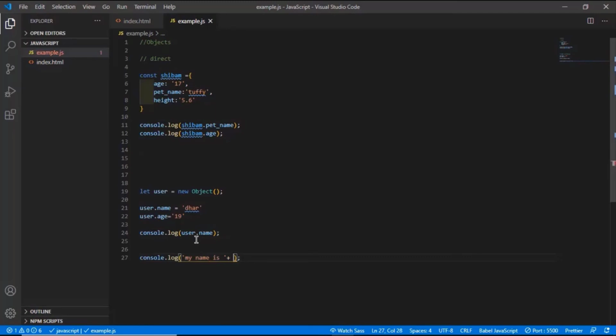After the plus, I will use user dot name, and "my age is", so I will use user dot age. "I have a pet name"